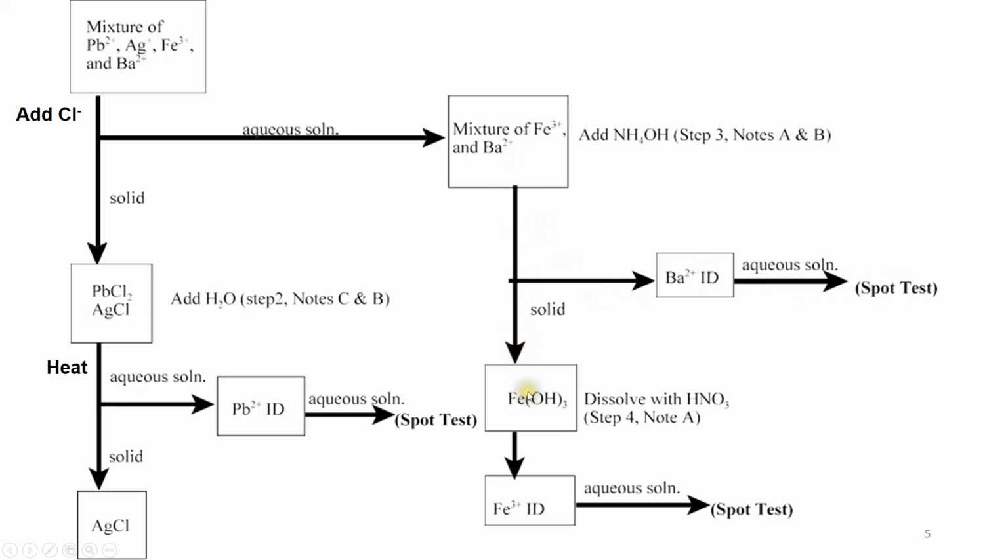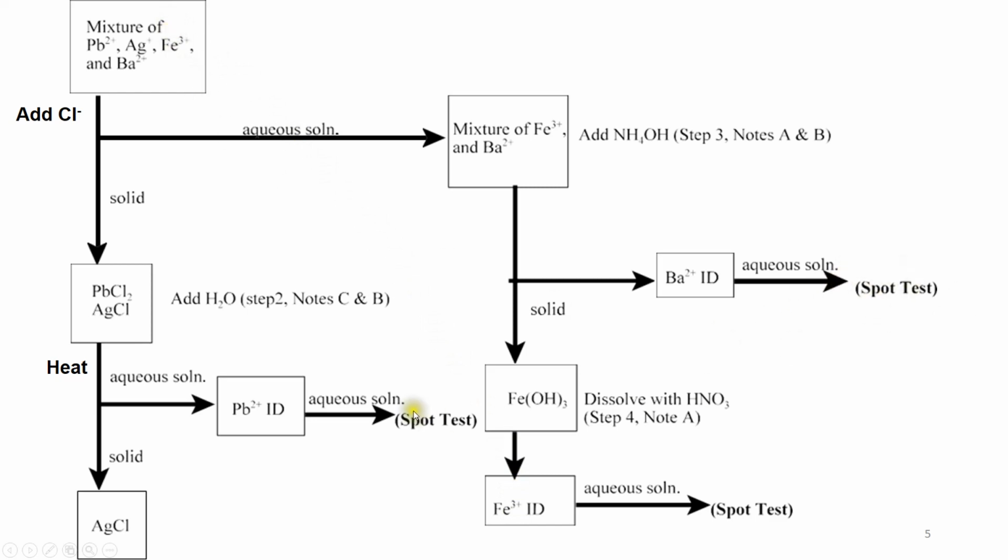And after we precipitate this iron out of the solution, we actually get this iron hydroxide. Sometimes we say iron 3 hydroxide to emphasize there is a +3 charge on iron. And then we need to dissolve it. We dissolve it with a strong acid, nitric acid, to form this iron 3+ again in an aqueous solution. So now this is actually soluble in the solution, and we use again a spot test to determine if